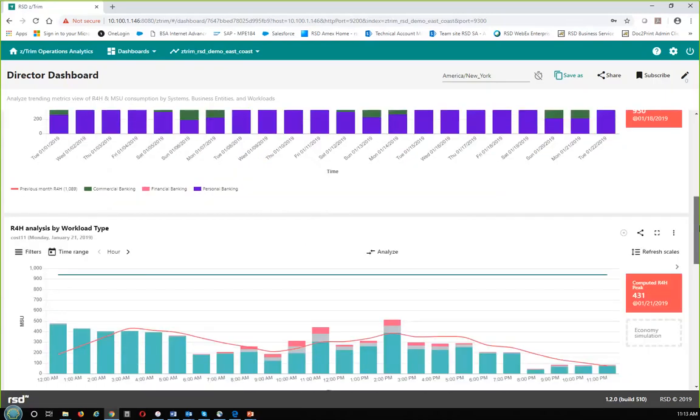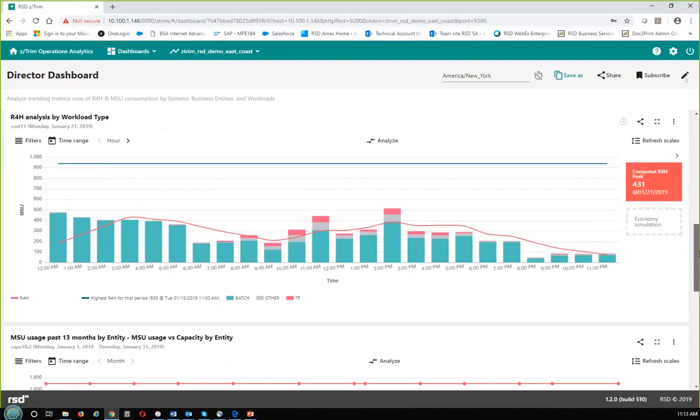Now the next KPI is actually featuring a different time range. Instead of the month to current, we are looking at the R4H analysis by workload type. We're looking at just yesterday's work, and we're looking at that R4H peak. It was a mild day. We only had 431 MSUs. But we're looking at the WLM categories and their contributions to rolling 4-hour average. So we see the contributions of batch, other workloads, and transaction processing as it applies to the R4H for the